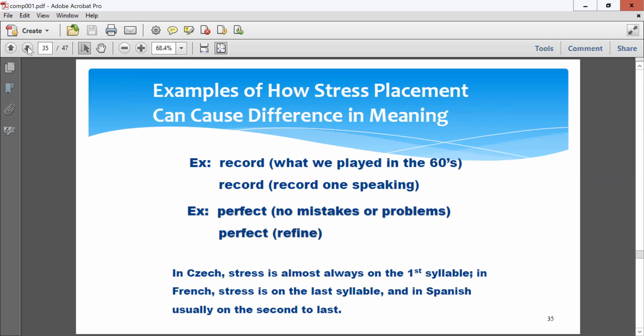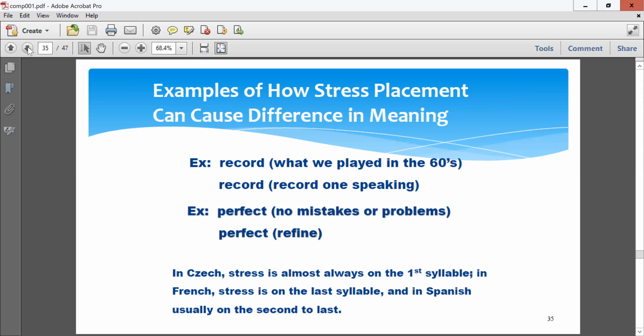So here's another example of how the accent or the stress placement can cause a difference in meaning. In the 60s, we played records. They could be 45 records with 2 songs, one on the front, one on the back, or they could be LPs, which were albums. But we can also record someone speaking. For example, I'm recording this presentation for you. That makes a difference. Also, we have perfect, no mistakes or problems, and perfect, which is a verb, to refine